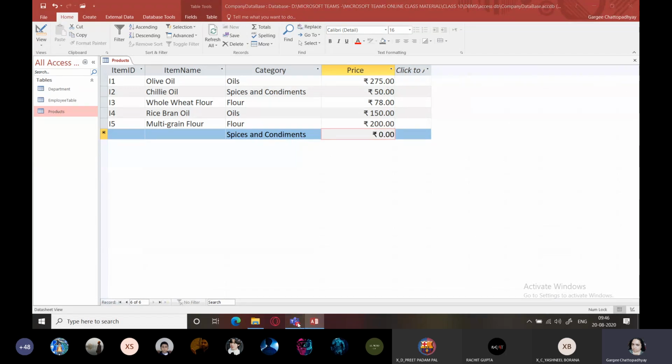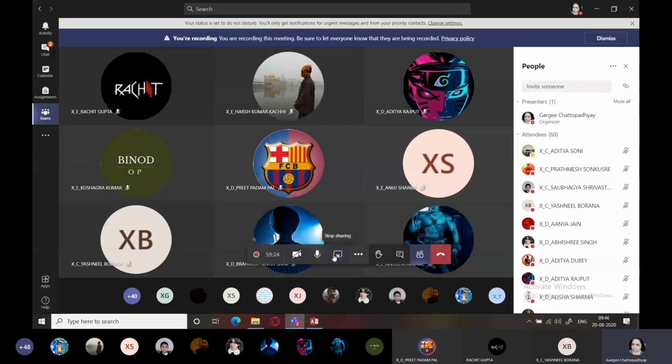Okay, so that's it for today. We will be resuming in the next class. Please practice these things, that is creating a database, adding tables to the database, datasheet view, design view, okay, selecting field names, lookup and relationship, and finally also using the totals feature to perform simple calculations on our table.